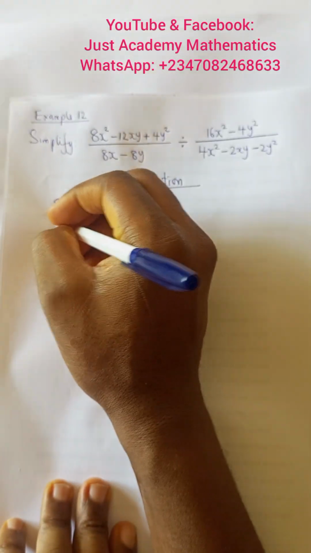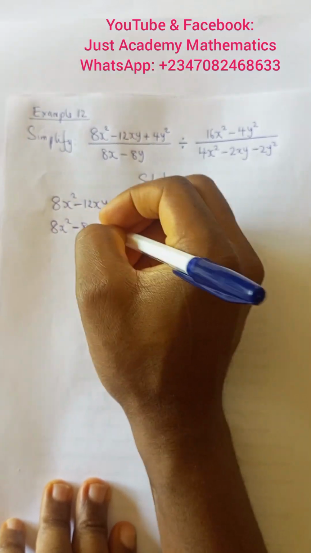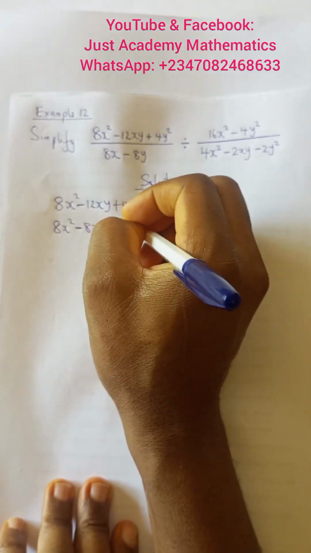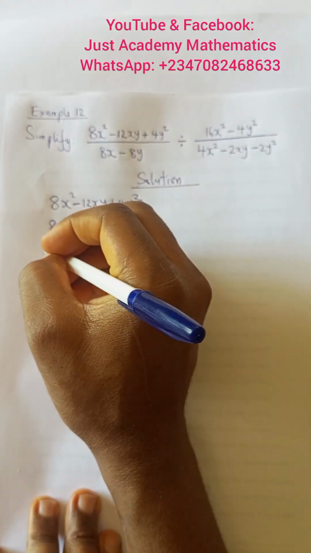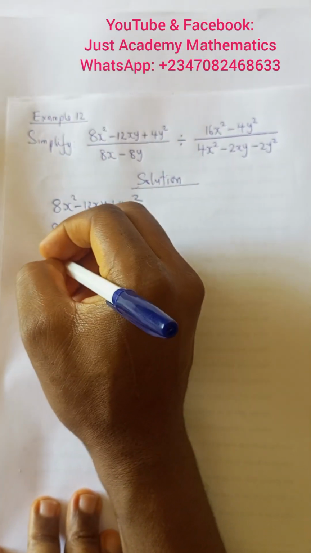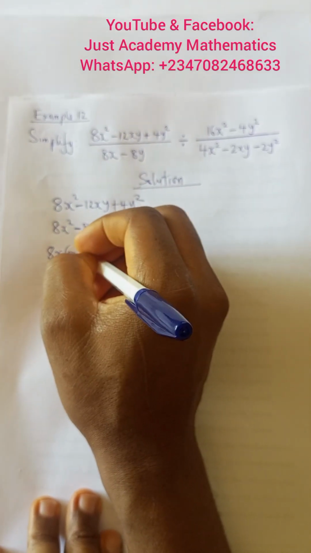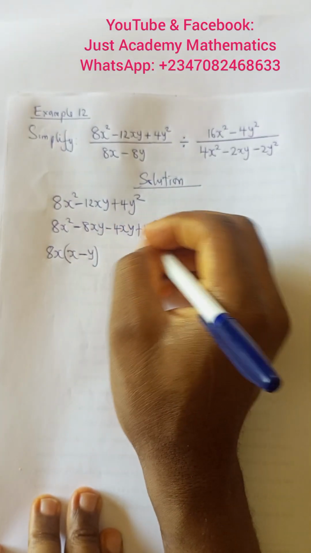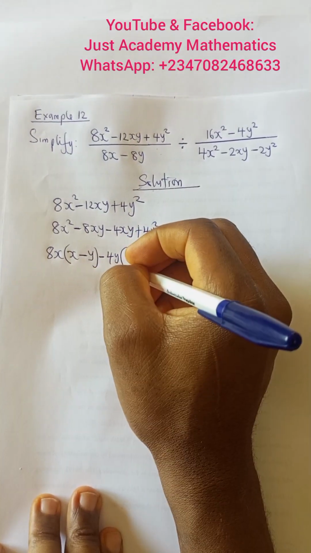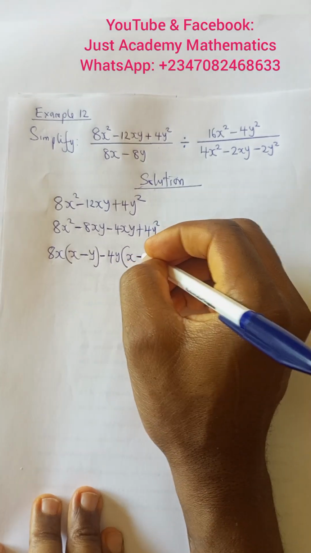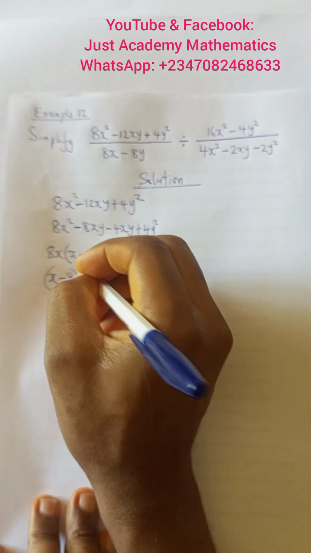So let's use 8x squared minus 8xy minus 4xy plus 4y squared. Here, for this first pair, 8x is out. What will remain? It will remain x minus y. Here, what is common? Minus 4y is out. What will remain? It will remain x minus y. Take the common bracket out. x minus y times